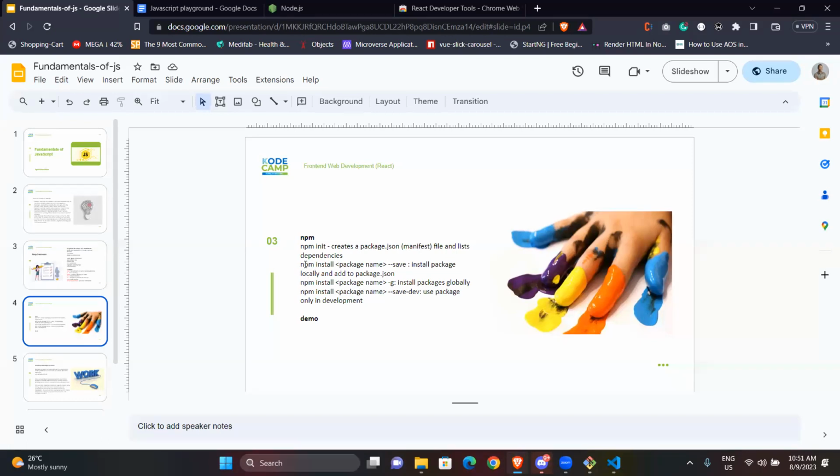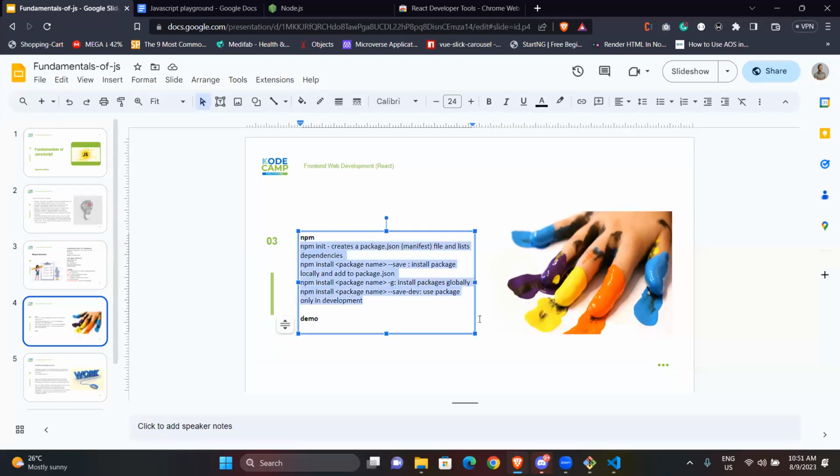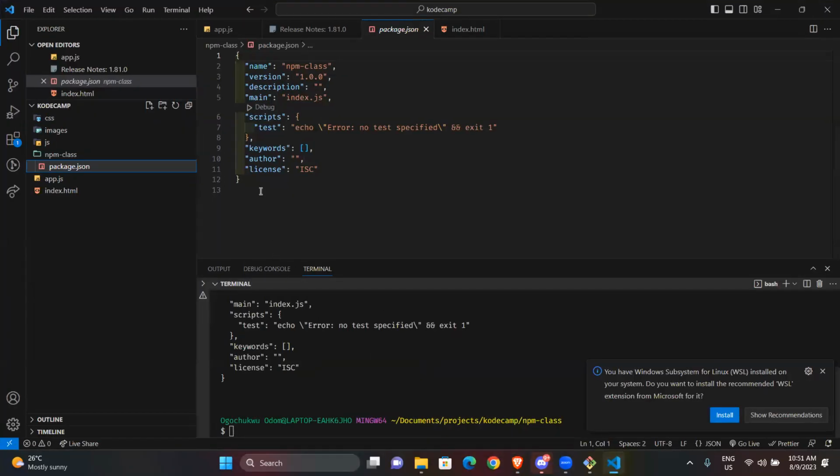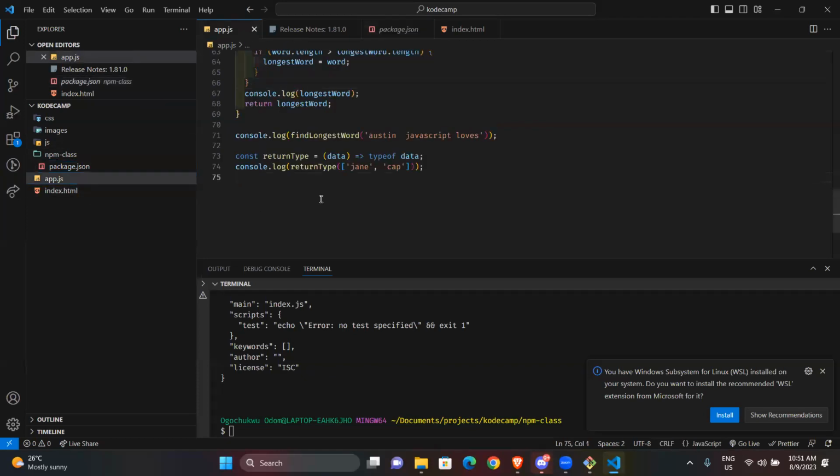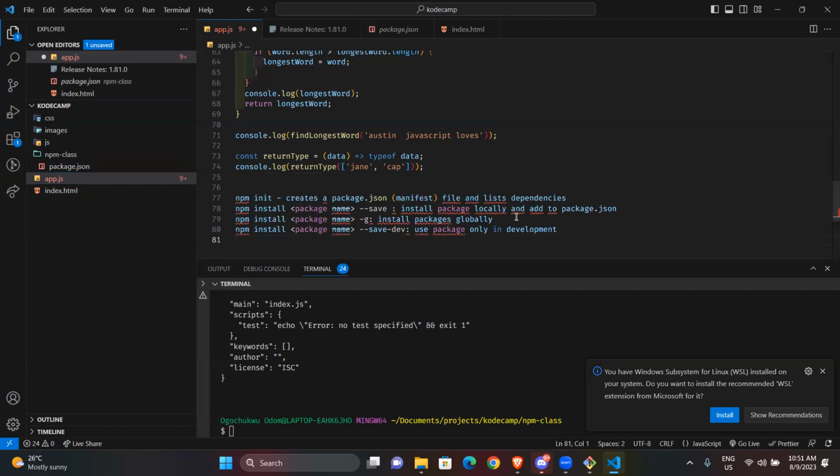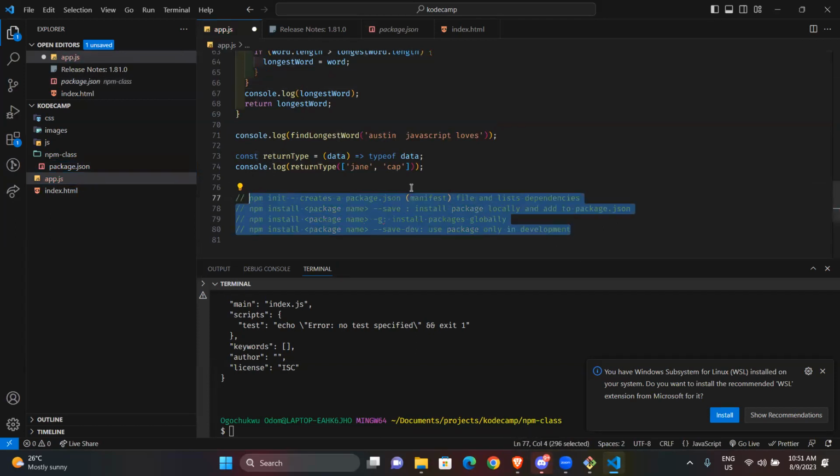Then we also have npm. Let me just clear this.